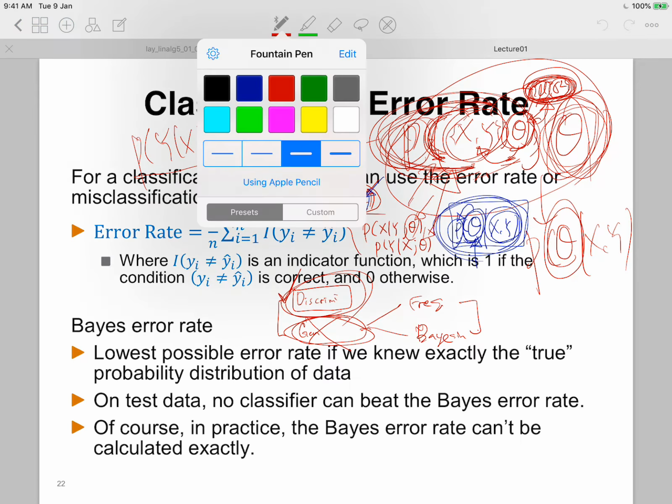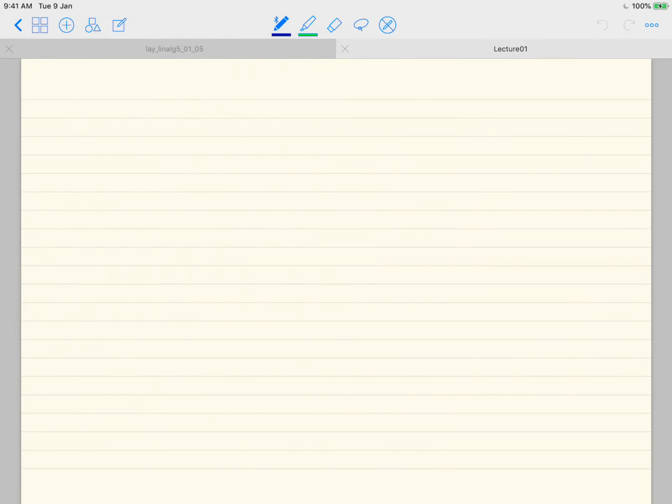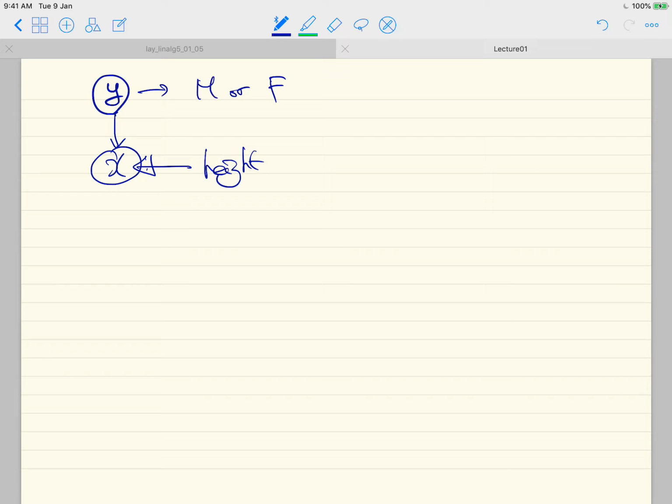Yeah, we are discussing this error rate, and now we discuss this Bayes error rate, and the definition of it is as follows. Suppose we first determine y, and then given that we generate x. Consider the example of y being male or female, and x being the height of a person. Given this generation process, p of x comma y is determined as